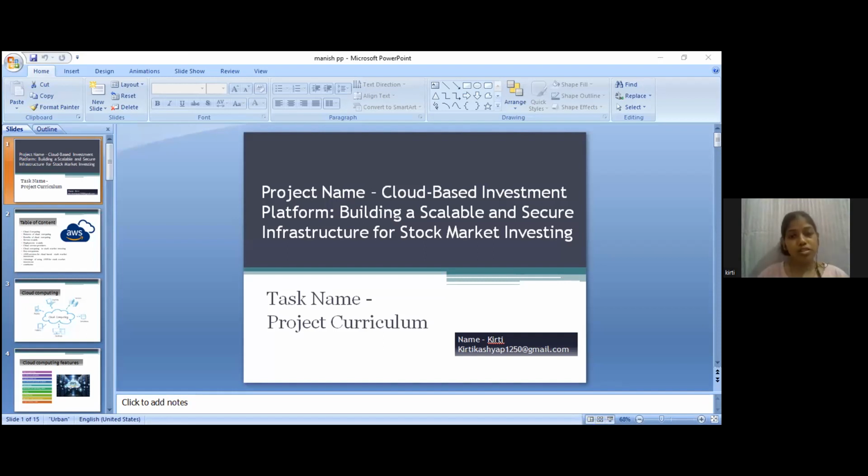Welcome to my presentation. My project name is Cloud-Based Investment Platform, building a scalable and secure infrastructure for stock market investing. And my task name is Project Curriculum. So today's table of contents: first is cloud computing, features of cloud computing, and the benefits of cloud computing,